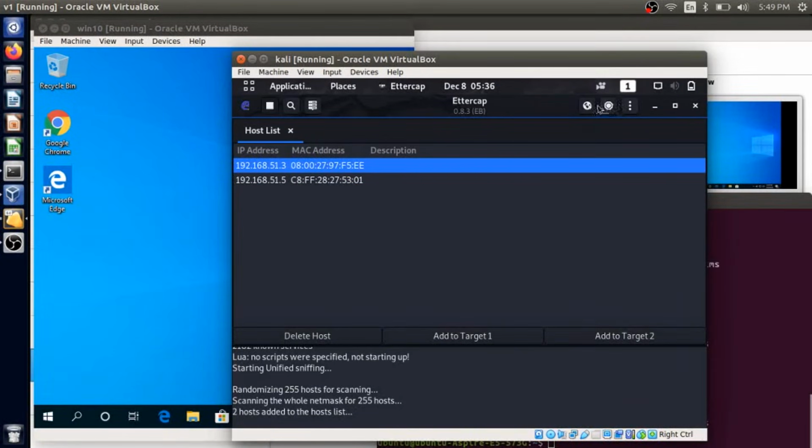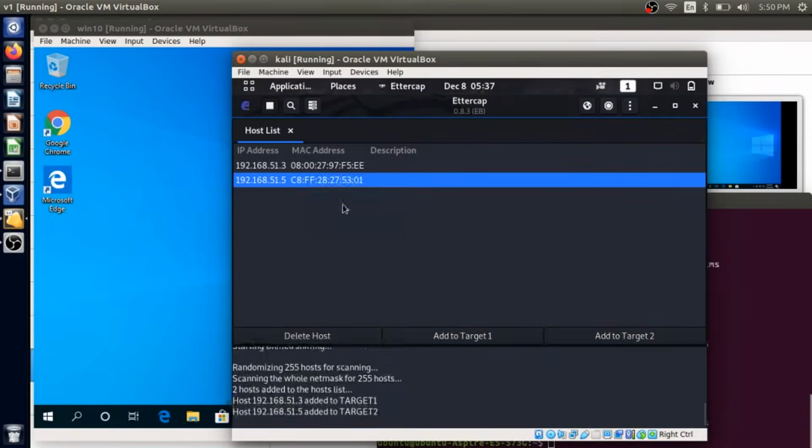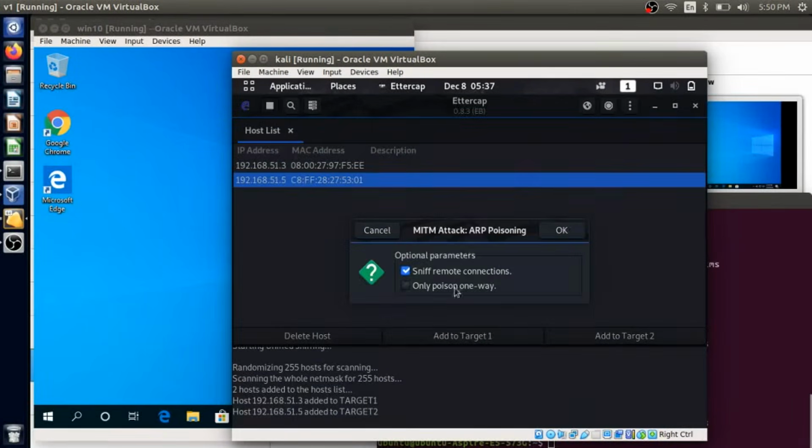First we need to add the target. This one is added as target 2, so we added the targets. Next we need to do ARP poisoning.